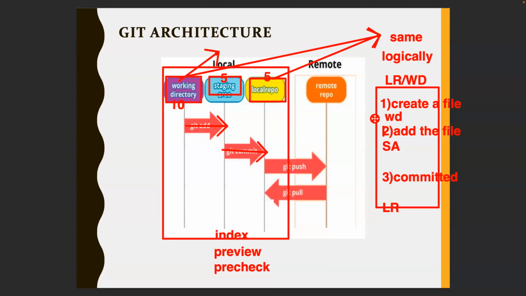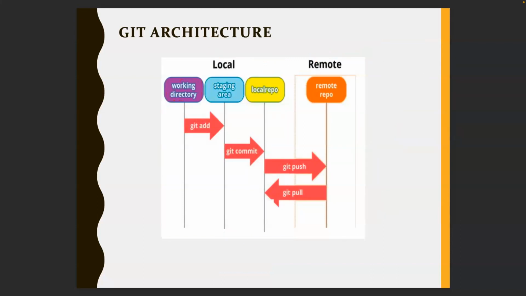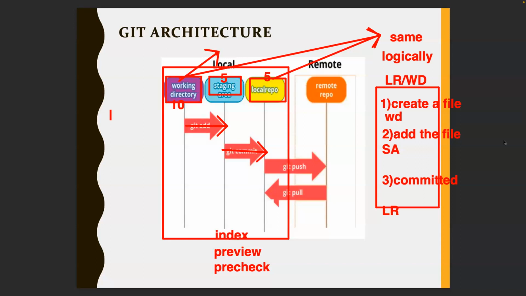Understood the point? You just created a file or copied a file from somewhere and placed here means it's said to be in the working directory. Right? If you add the file means it's said to be in the staging area. If you commit the file, that's said to be in the local repository. Got the point, everyone? Understood? Yes. It's the same thing. Sometimes you call it working directory, you call the same as local repository depending on how your file is. Right? This is one interesting thing. We are going to see this. And the second thing is,